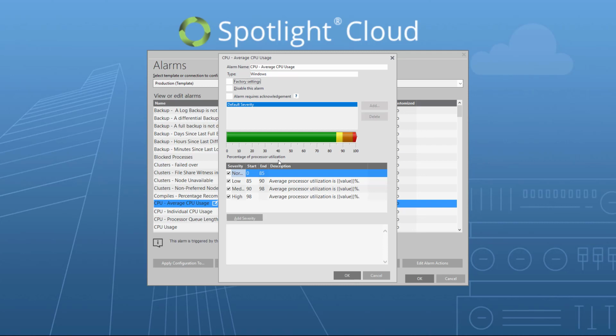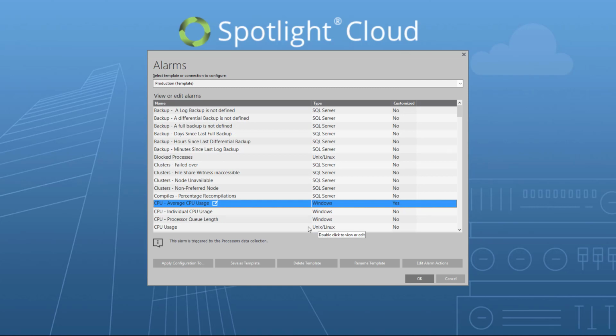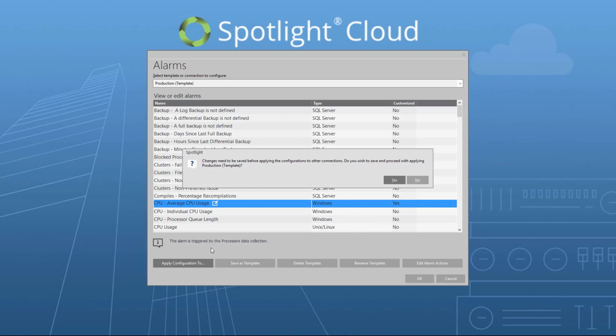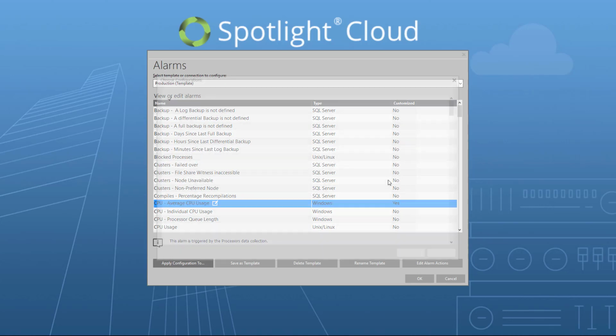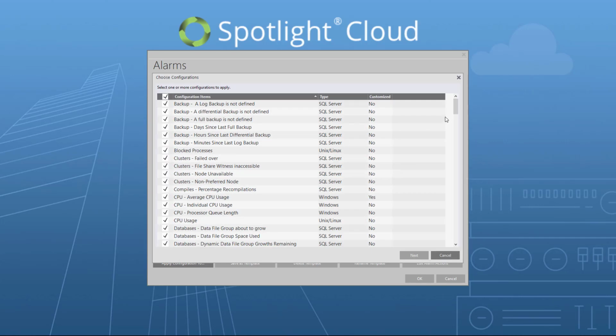In this example, we're looking at CPU as a percentage. We can add extra severity levels or remove existing ones. We can also change the thresholds of the alarm. This will be graphed on screen, and once we're completed, click OK. To apply this configuration to servers, click the Apply Configuration To button, save the changes, and at this point we